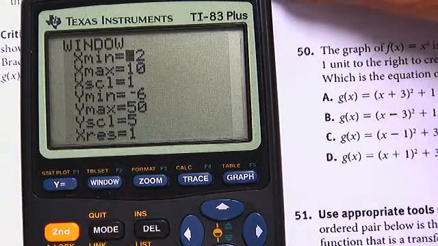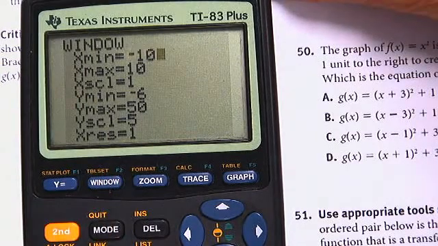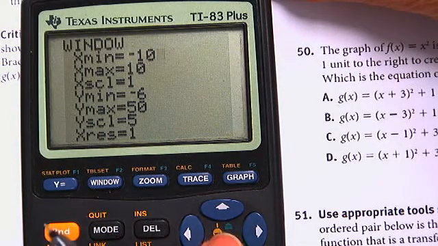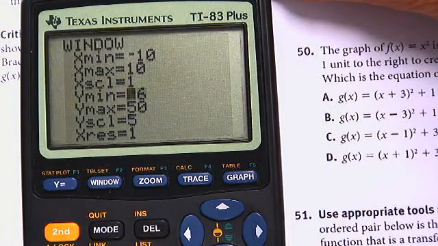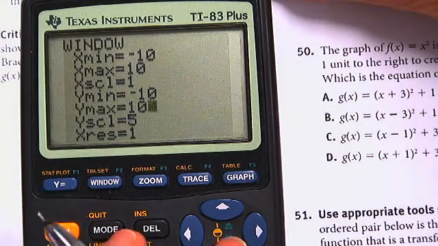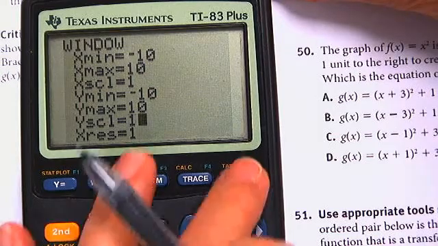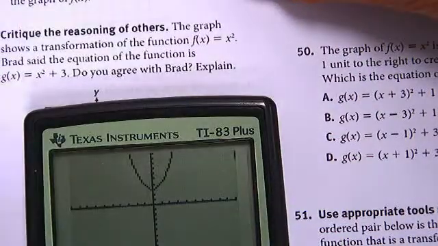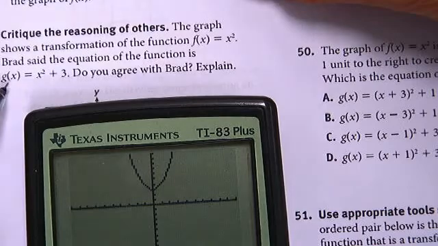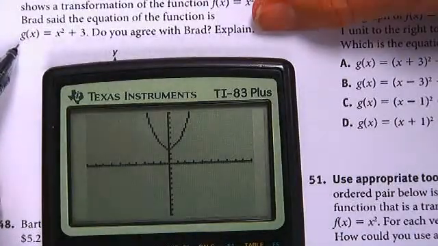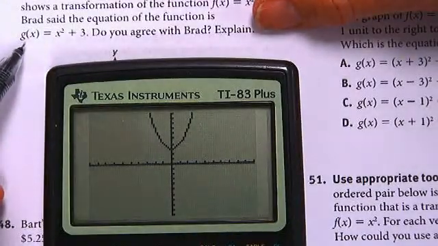Let's change our window back to negative 10, positive 10, negative 10, positive 10. Okay, this cannot possibly be